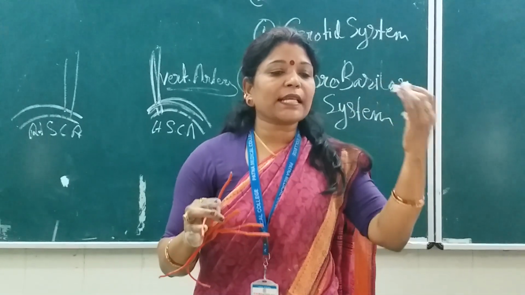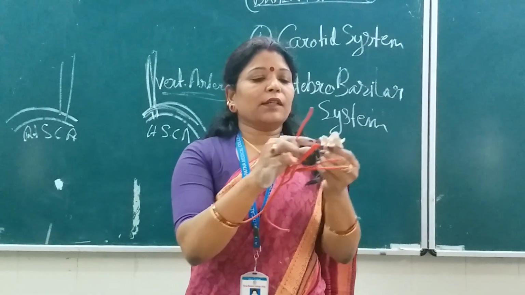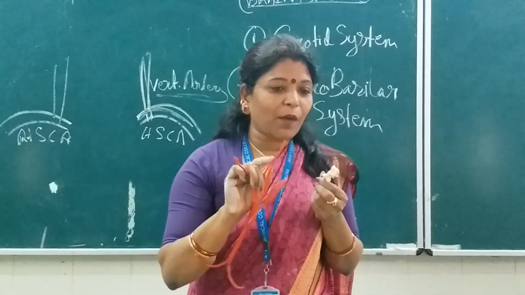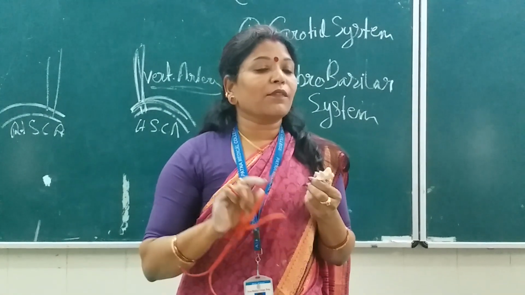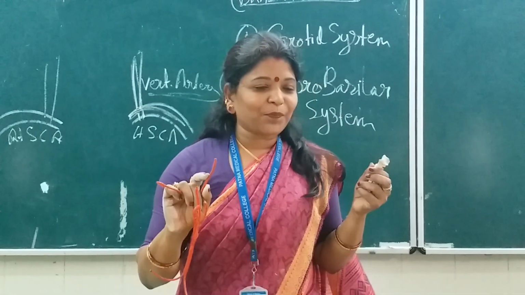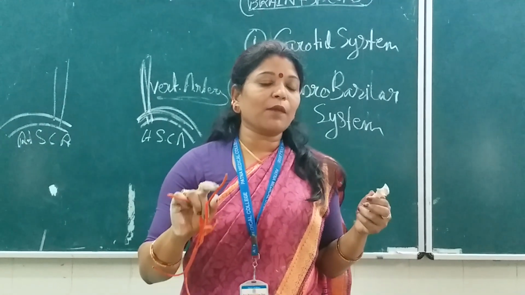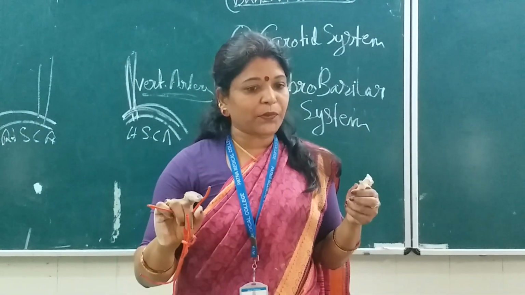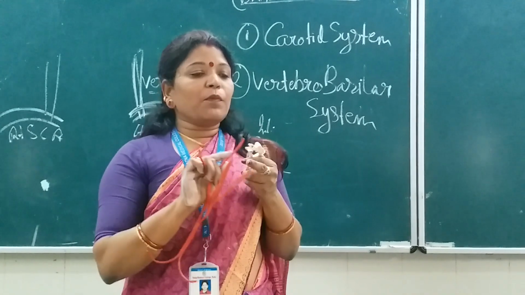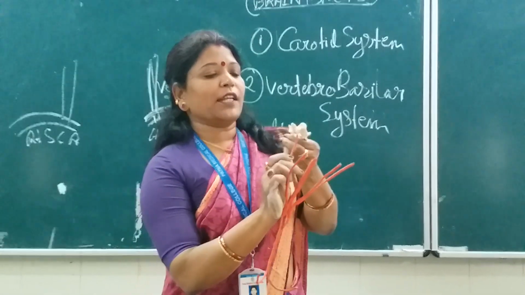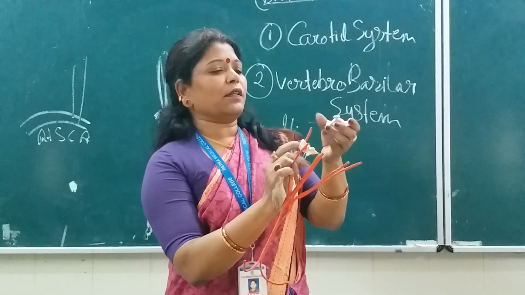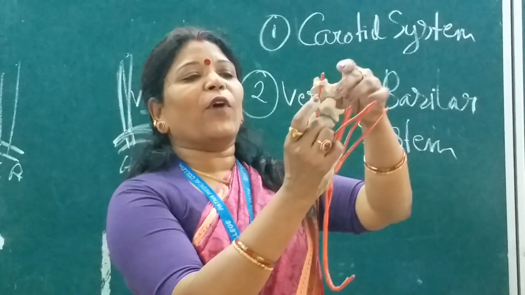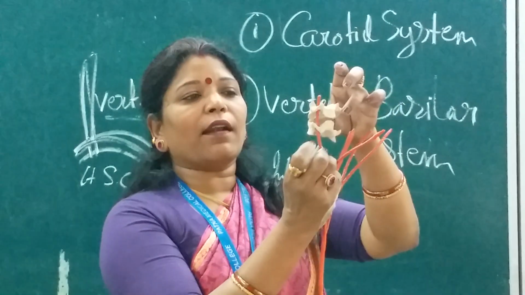But in the upper 6 cervical vertebrae, on the transverse process, a very important structure or foramen is there, which is known as what? Foramen transversaria. Why is it known as foramen transversaria? Because it is present over the transverse process of the cervical vertebrae, isn't it? So the vertebral artery chooses this route. With the stacks of the cervical vertebrae, what will it do? It will run upward like this. Look here. It will run upwards.